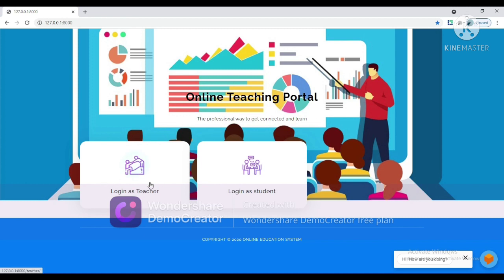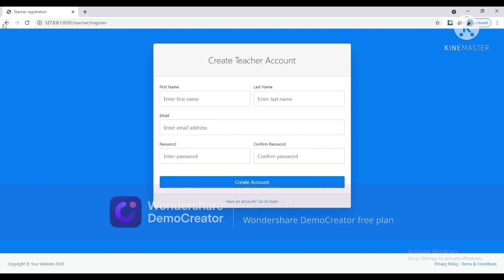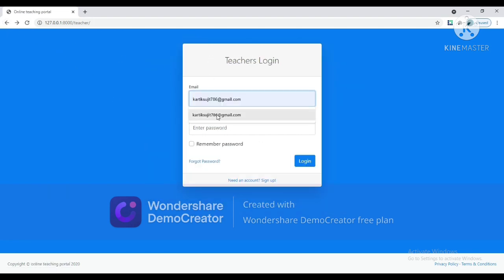and teaching portal dashboard, where you can see two options: login as a teacher or as a student. By clicking on this login as a teacher account, you can get the access from the teacher side. And if you are a first user, you can just sign up and get yourself registered. And moving ahead with the registered ID,